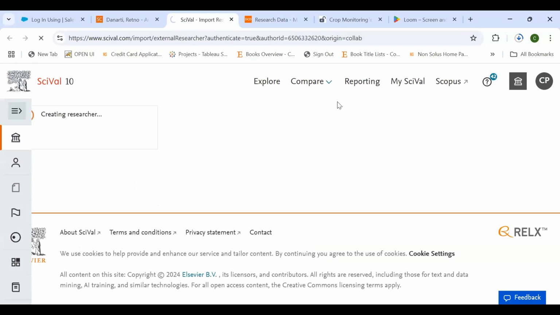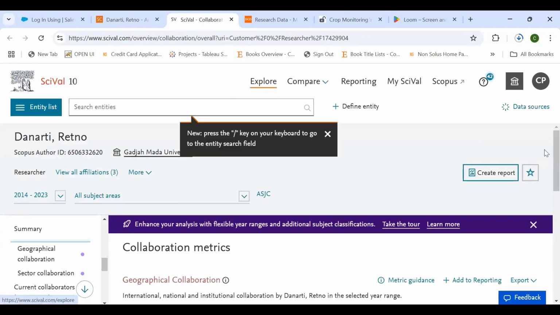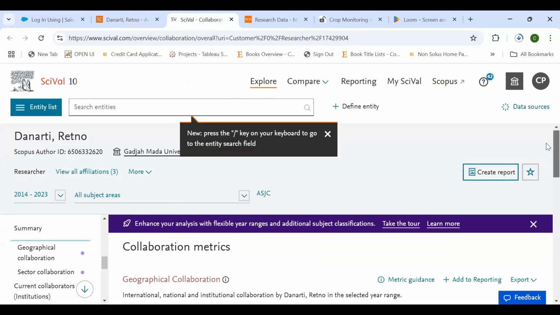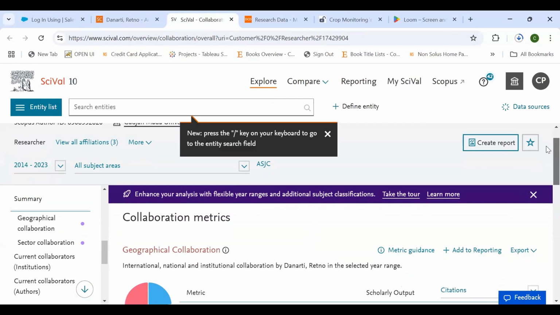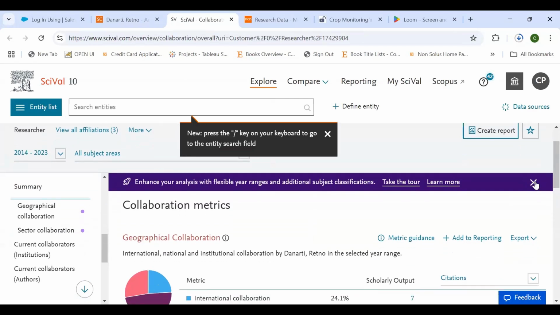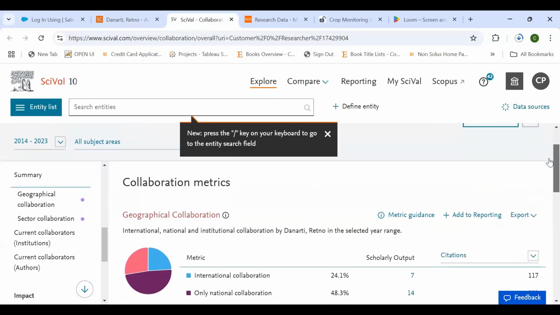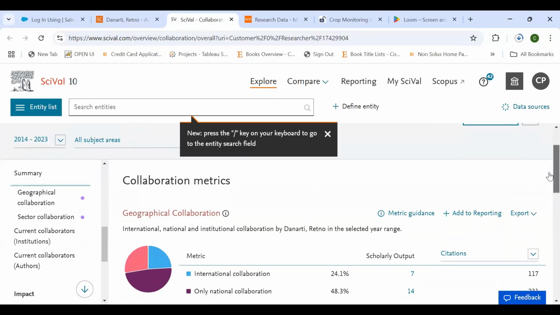So the good thing is you're able to get those analytics with the use of SciVal. And then, of course, the source comes from Scopus.